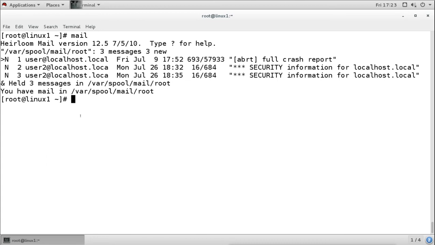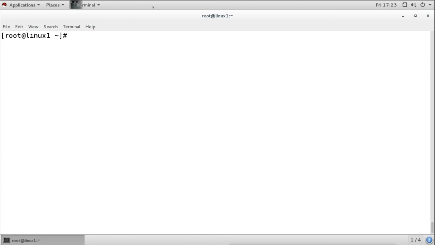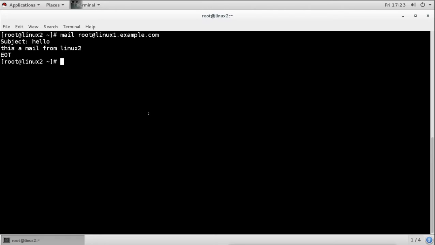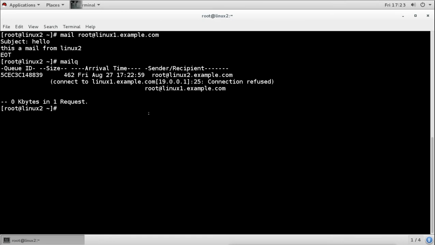Now where is the mail going? The mail is actually still waiting in the queue. We can check it here by using the mail queue command, and we can see the mail is still in the queue. It is not being delivered. Why not?